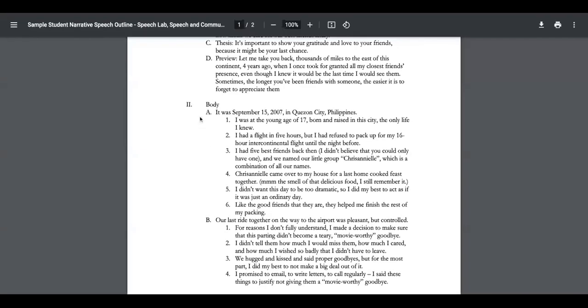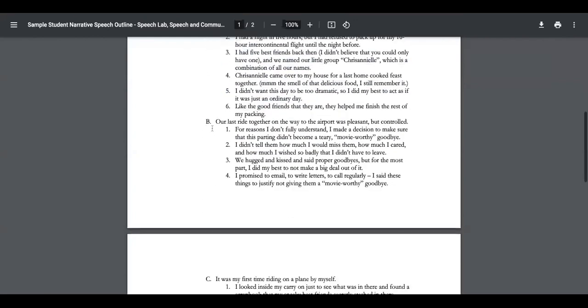So you have your body paragraph one. You just need a paragraph; it doesn't have to be divided into pointers at all. The body paragraph is based on the pointer given by the examiner in the exam paper. The first point they give you will be your first body paragraph, and the second point they give you will be your second body paragraph.